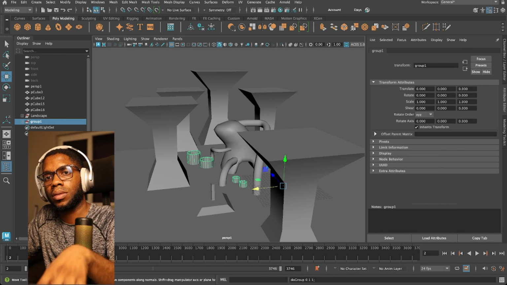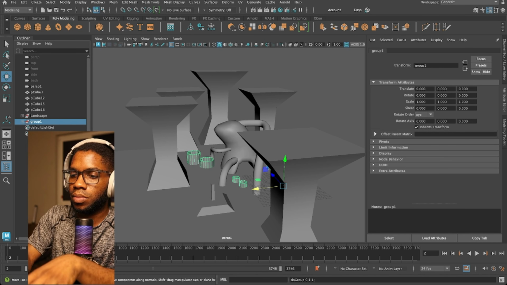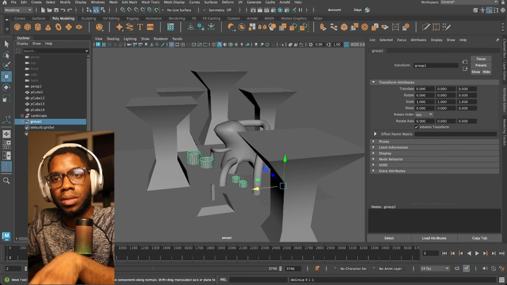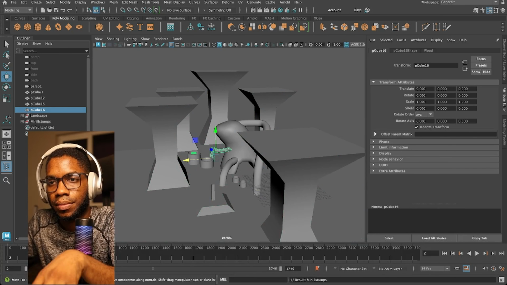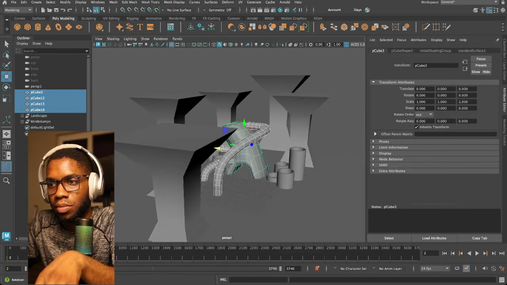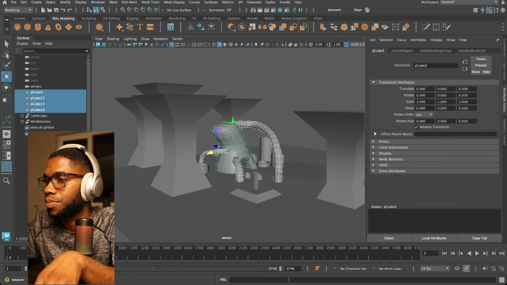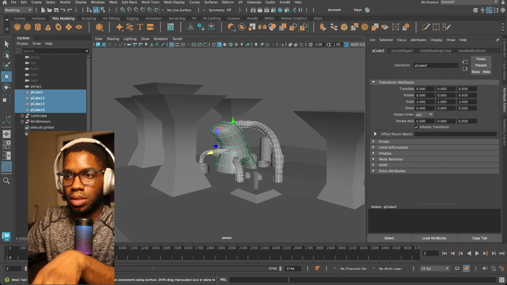Control G. Those are mini stumps, mini B stumps. Whatever you want to call yours. And these are our main platform. This is our main platform. These are